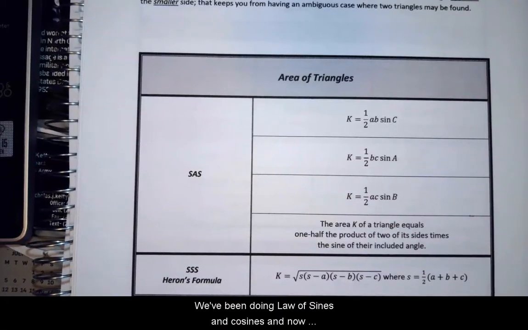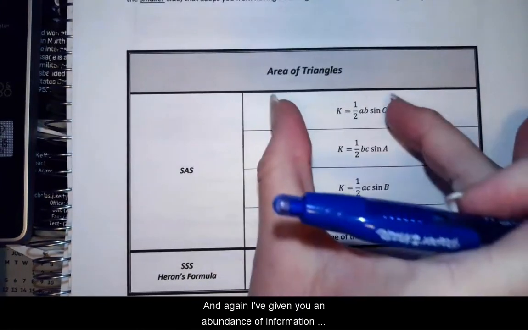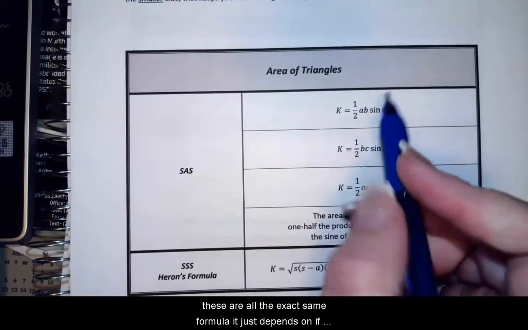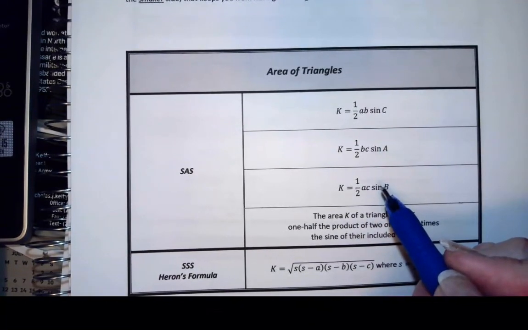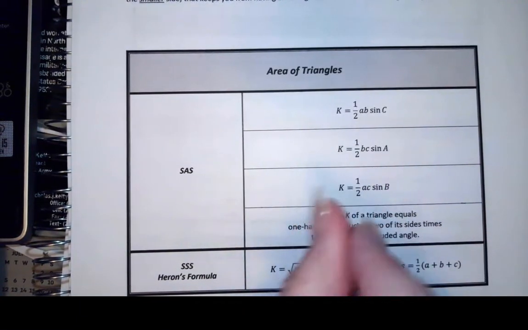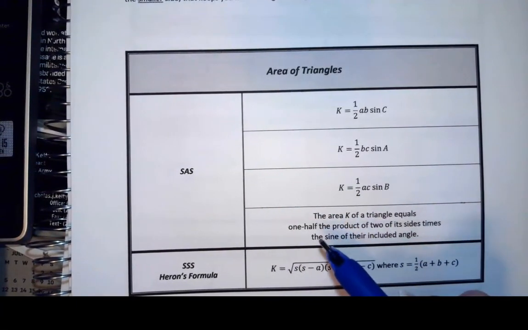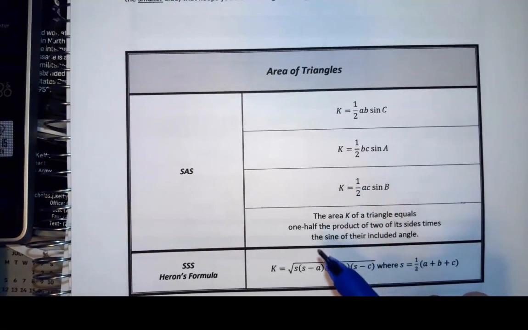We've been doing law of sines and law of cosines, and now we're going to find the area of triangles. If I have a side-angle-side triangle, and again, I've given you an abundance of information, these are all the exact same formula. It just depends on if you're given an angle C, an angle A, or an angle B, and then the remaining sides that you're going to take a product of are the flanking sides that create the angle. So the area K of a triangle equals 1/2 of the product of the sides times the sine of